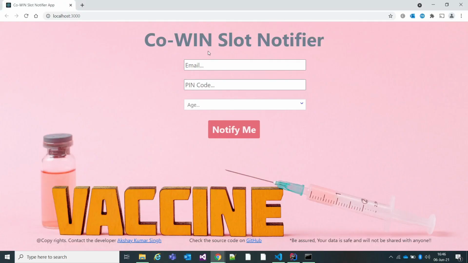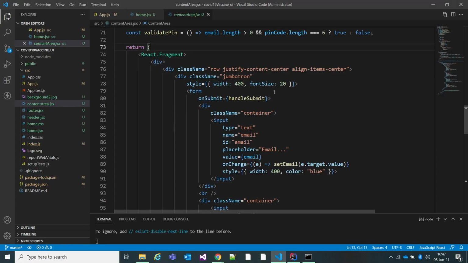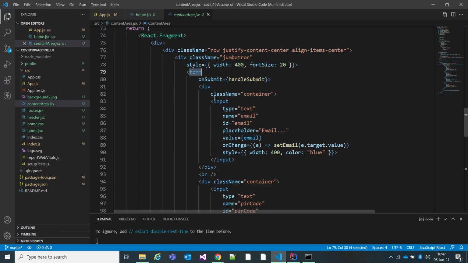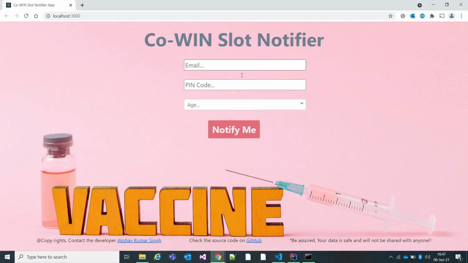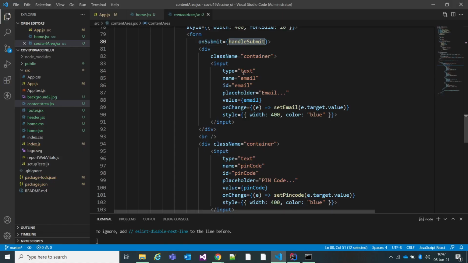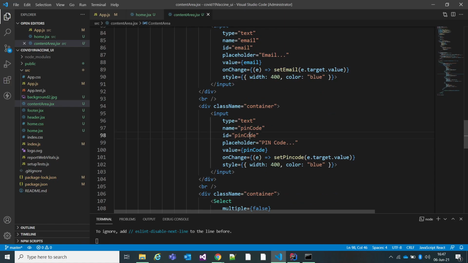In the return part, we need to first see what these four inputs are and how I have designed them. I'm using the form element, and giving the input element for the email. There are some styles, and there is a submit button, which is Notify Me. I'll come back here, and then pin code.